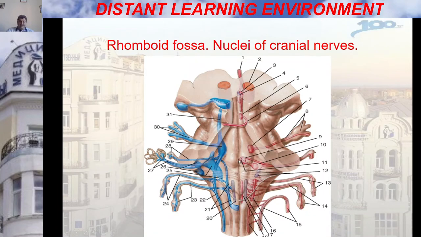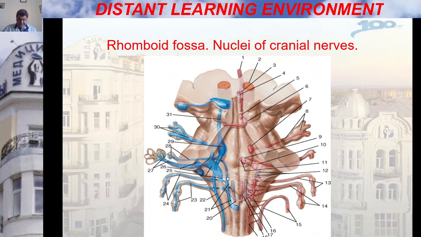The nervus intermedius, second part of seventh pair, whose course is intimately connected with that of the facial nerve, has two nuclei. The vegetative secretory nuclei in number 12, nucleus salivatorius superior, embedded in the reticular formation of the pons dorsal to the nucleus of facial nerve, and a sensory nucleus of tractus solitarius, as I told you, in blue